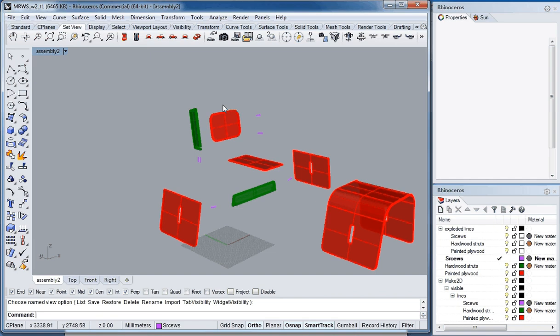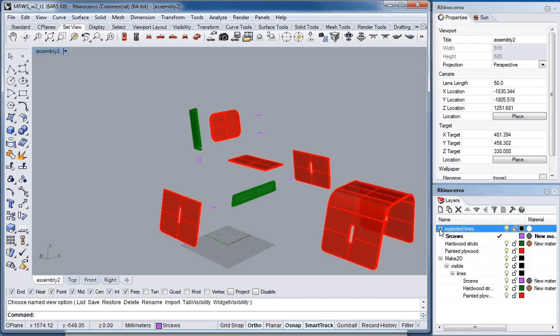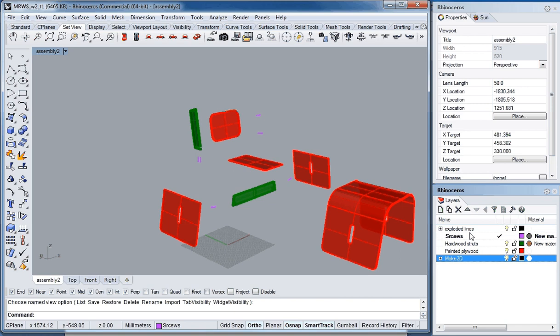So you can see in space now all of these items are exploded out, and so what we want to do before we make our diagram is just draw some lines connecting the things together so we know what's what. So I'm going to go here to this exploded line layer,